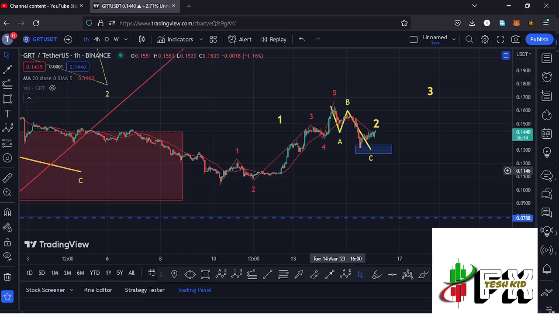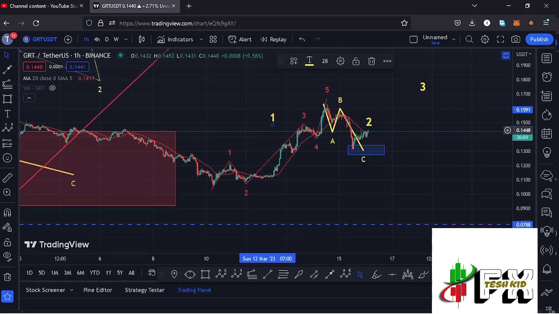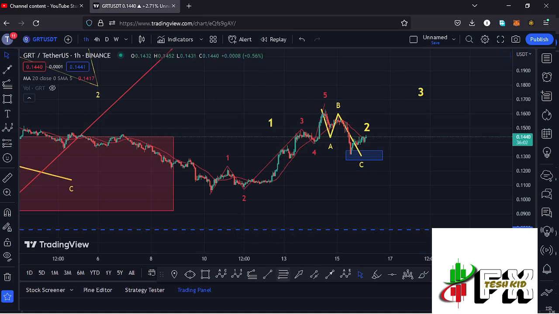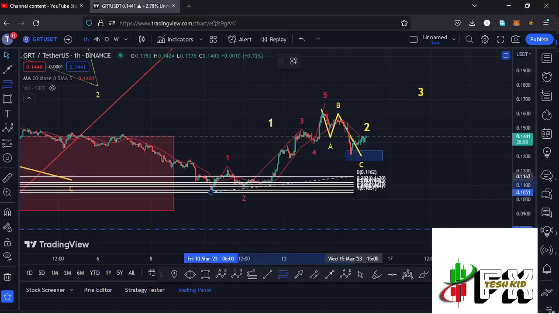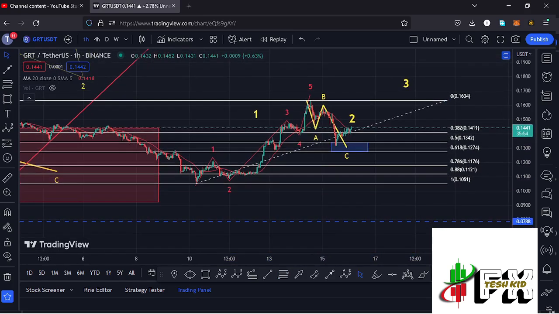And after seeing the formation of that 5-wave structure to the upper side, we completed an even larger Elliott wave count 1 to the upper side. After seeing the formation of that first wave, what we expected next was a corrective structure in the formation of that wave 2. Using the Fibonacci's, connecting them from the low of the first wave to the high of that wave 1, that gave me a minimum retracement area